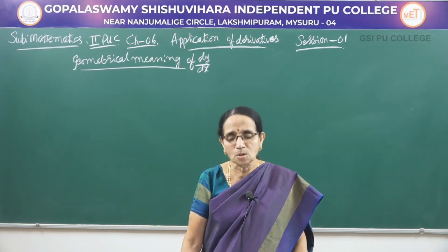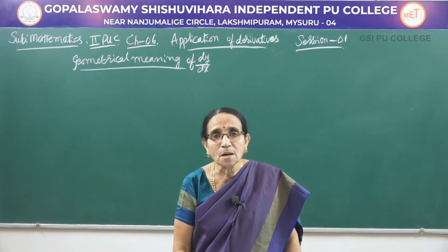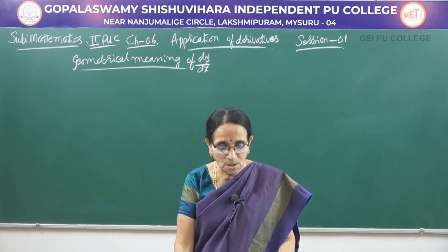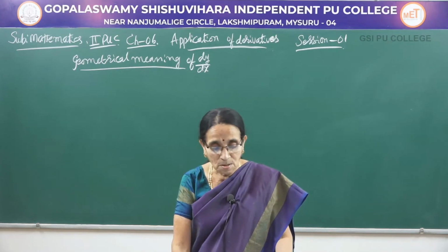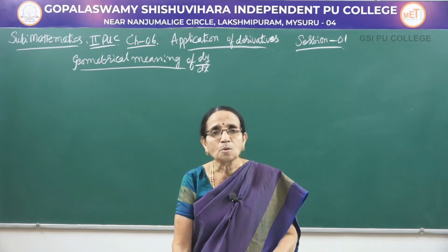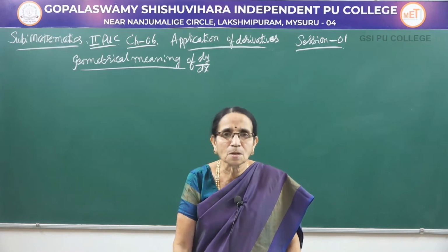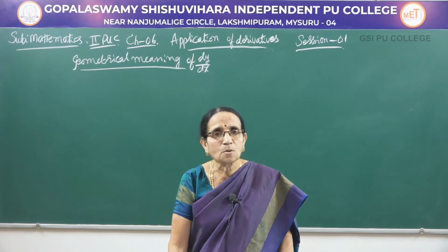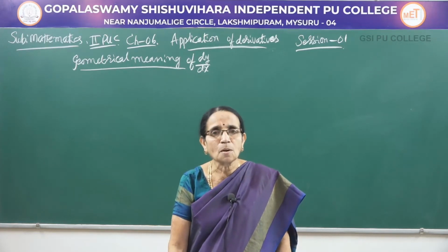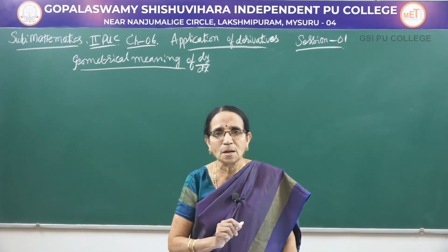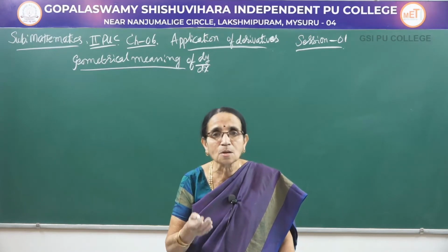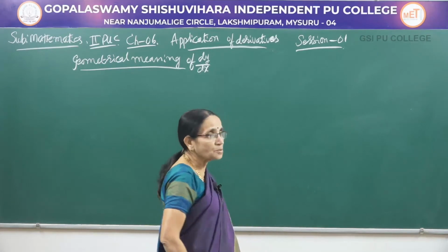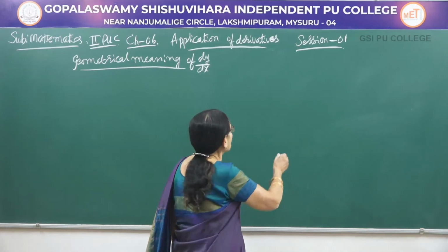After learning about the geometrical meaning, we are studying the tangent and the normal, because the direct and geometrical meaning helps us to discuss the equations of the tangent as well as of the normal. So, before that we have to know the meaning of this. You know how to find dy by dx; what exactly does it mean geometrically? For that, I consider a continuous curve here.